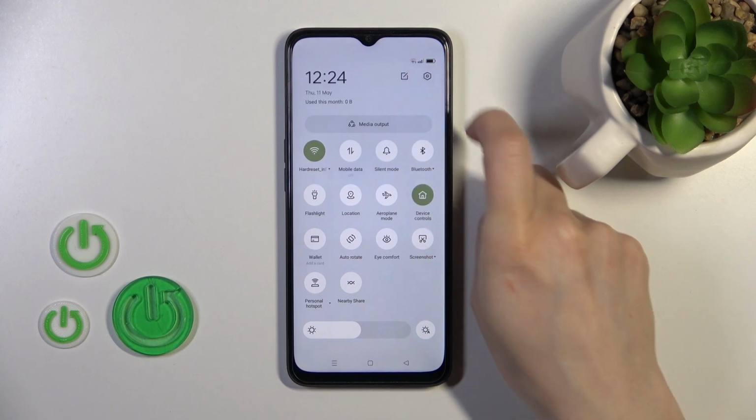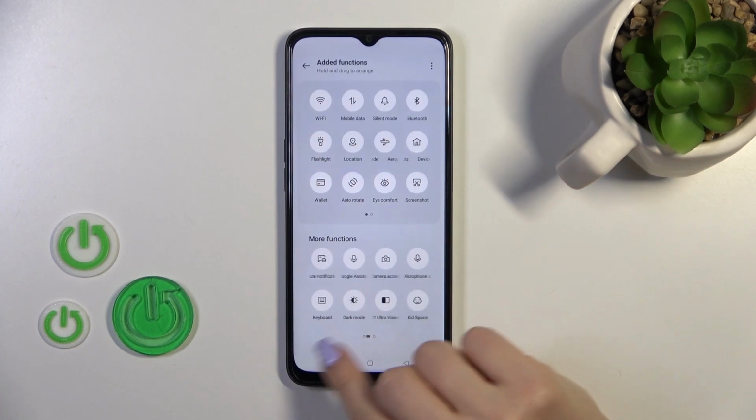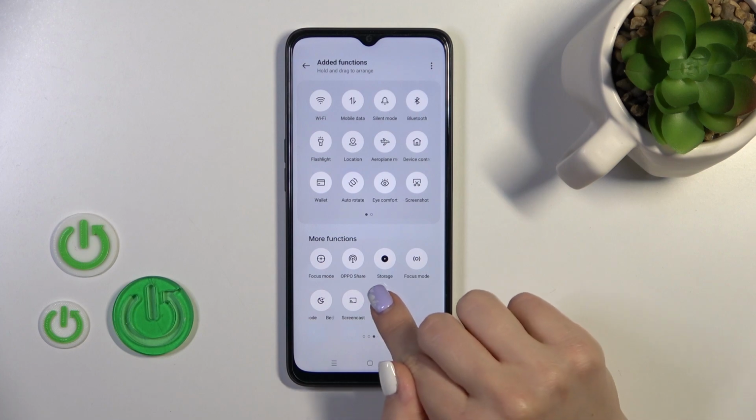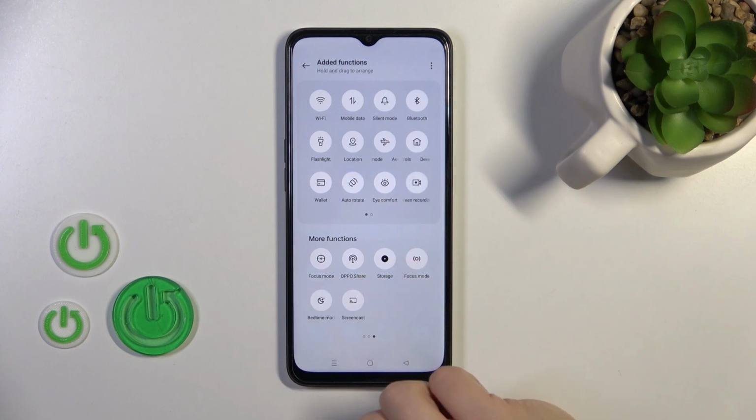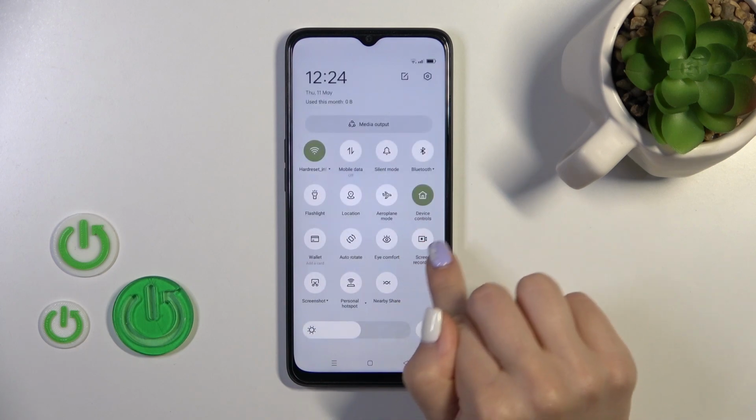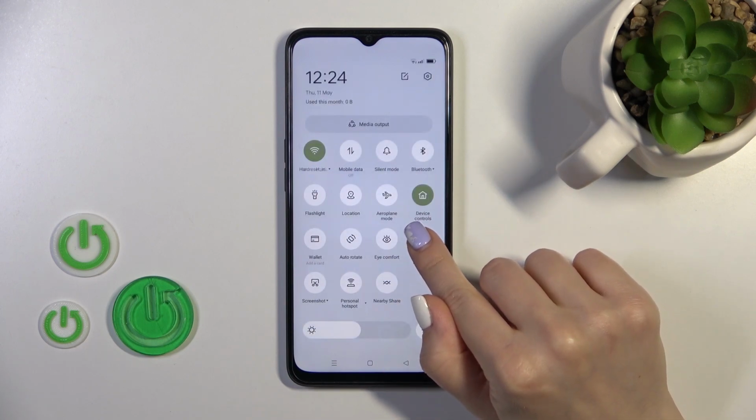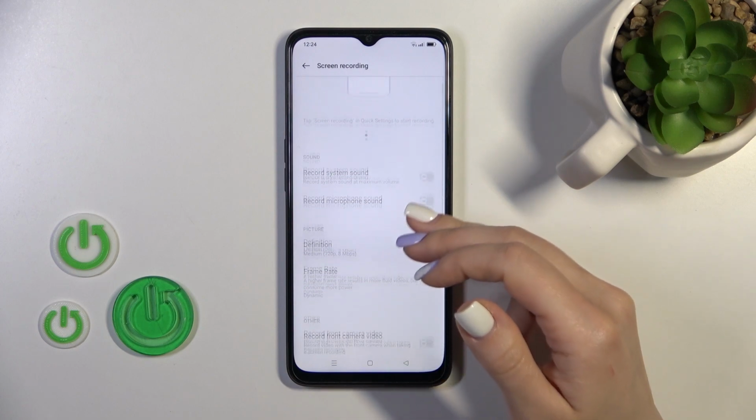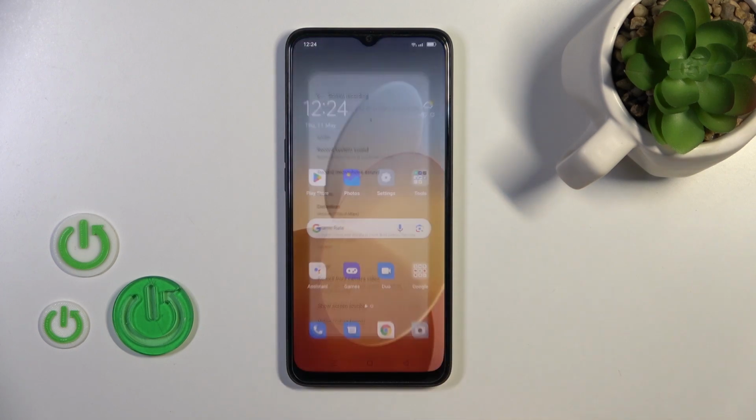To do that, click to this edit icon, find here screen recording option, add it to your home screen by hold and drag it, then click to go back and now you'll see here screen recording icon. Just hold it for a while and by the same way you will see here all of the screen recording